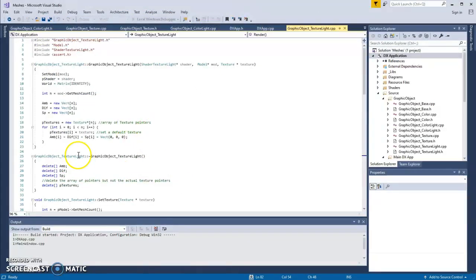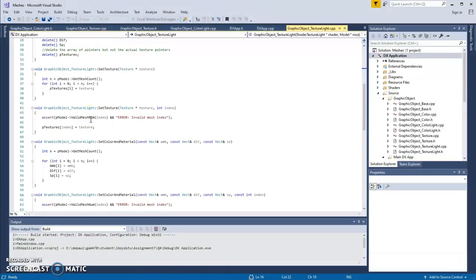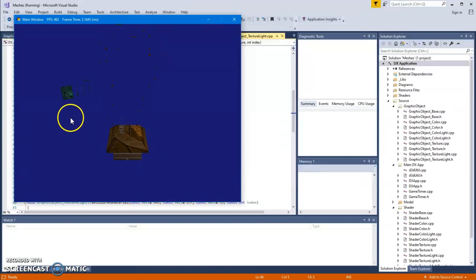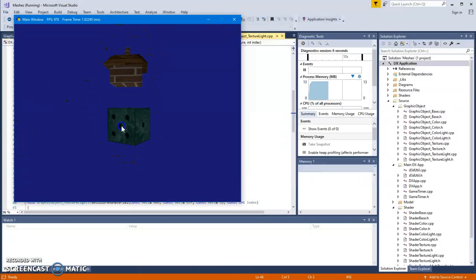So again, we're doing similar to what we were doing before, an array of texture pointers. But in this situation, I'm also creating arrays for the colors for each of the meshes. Not the cleanest way to do it, but it'll work. And then we can still set things either all at once or by a given index. And we end up with this same texture setup as before, but